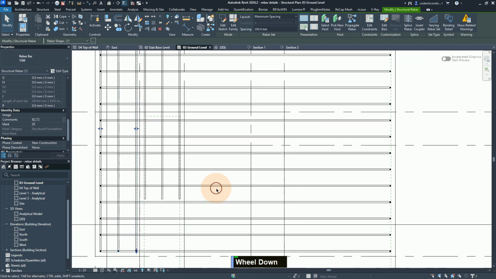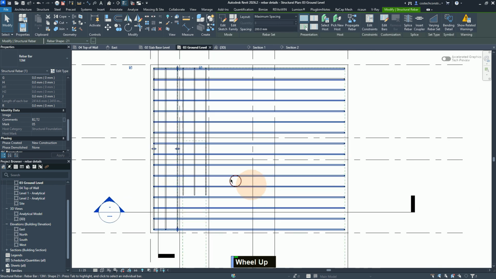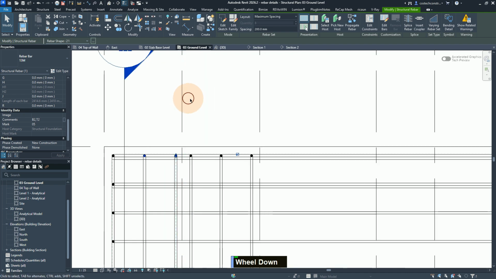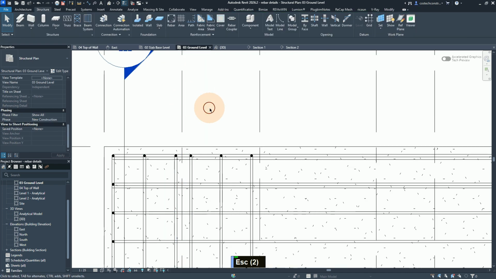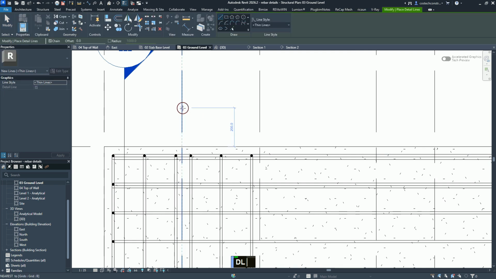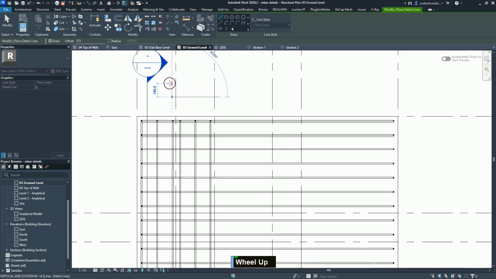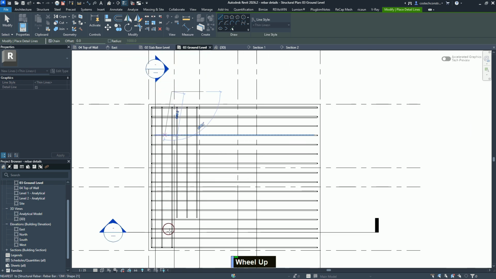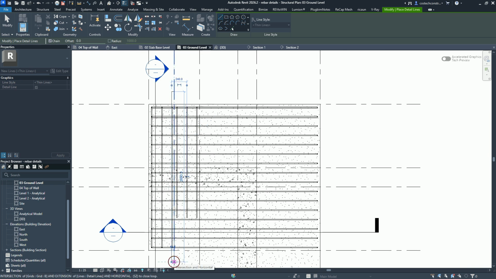And now we see that we have the second Rebar Set provided here. So for this one, I can press escape. If I type DL, notice that it should be at a distance of 40 from this grid. I'll just do something like this, so as to snap it to this line. So the distance of 40,